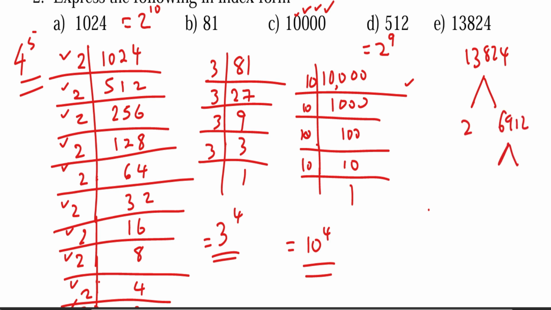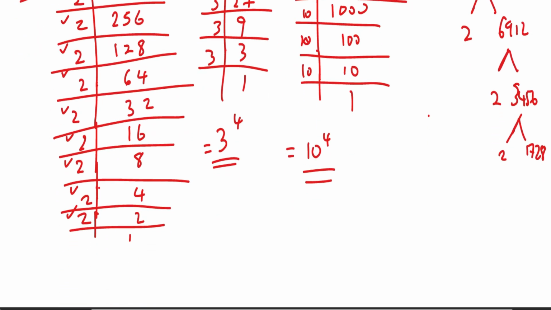If you divide by 3, well, you still divide by 2, 3,456. Then divide by 2 again, 1,728. Then divide by 2 again, 864. And I think we'll continue for a longer time, but all in all. Then divide by 2, 432. Then divide by 2 once again,